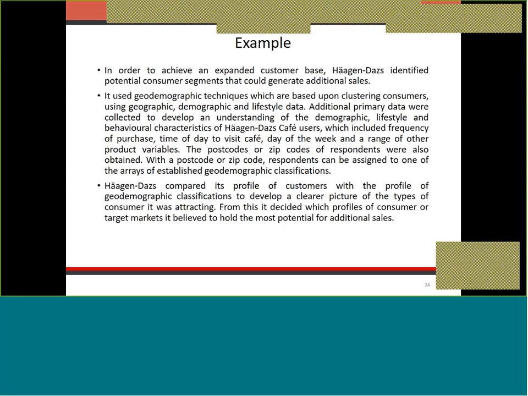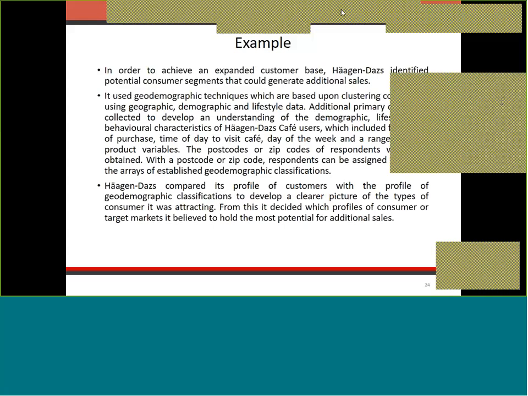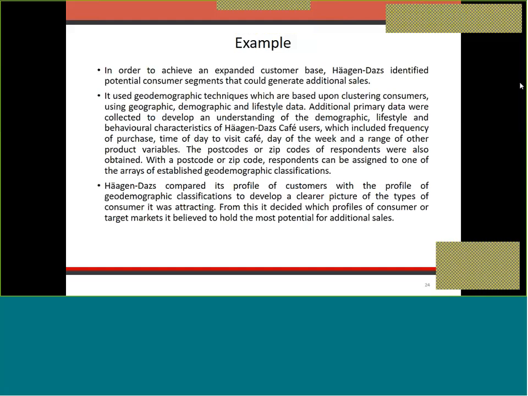In order to achieve an expanded customer base, Haagen-Dazs identified potential consumer segments that could generate additional sales. It used geodemographic techniques, which are based upon clustering consumers using geographic, demographic, and lifestyle data. Additional primary data were collected to develop an understanding of the demographic, lifestyle, and behavior characteristics of the Haagen-Dazs cafe